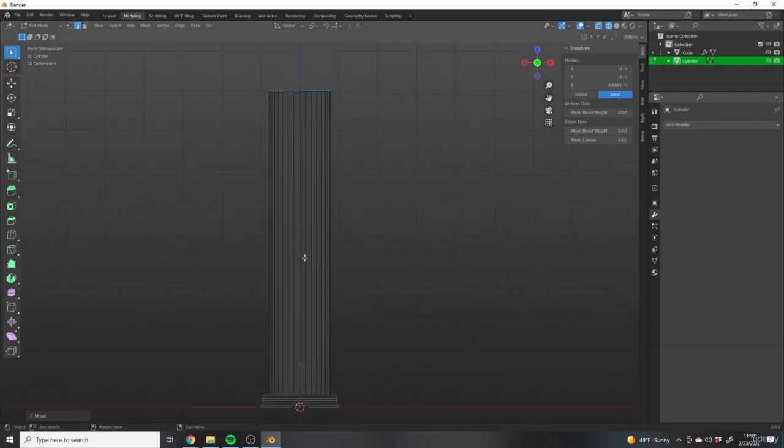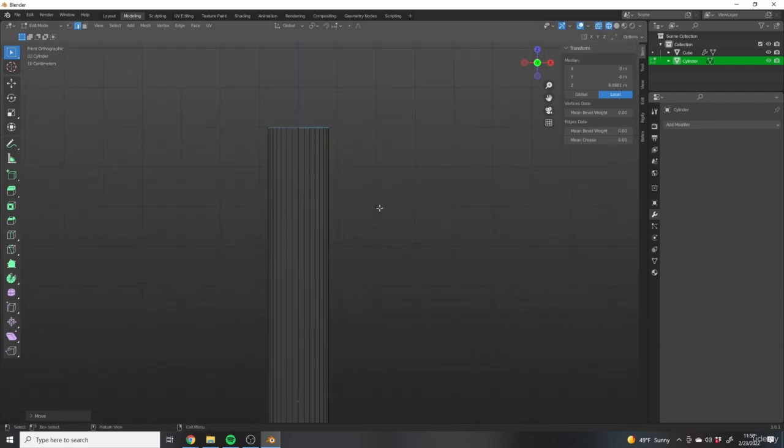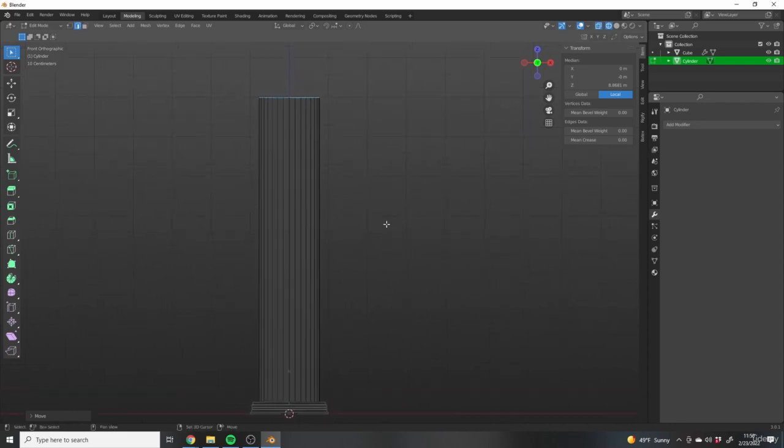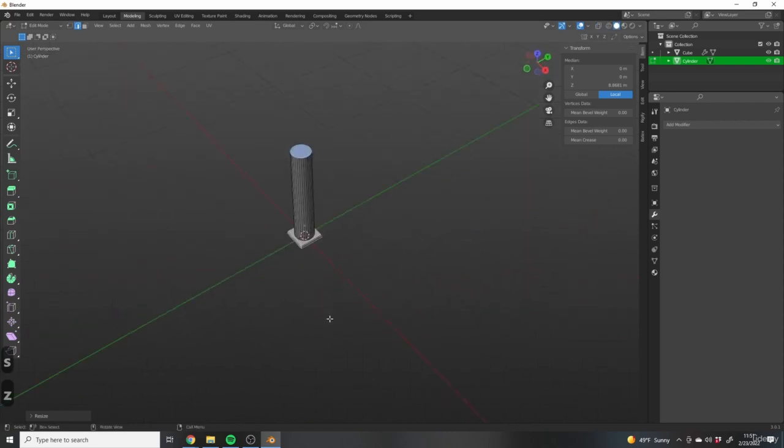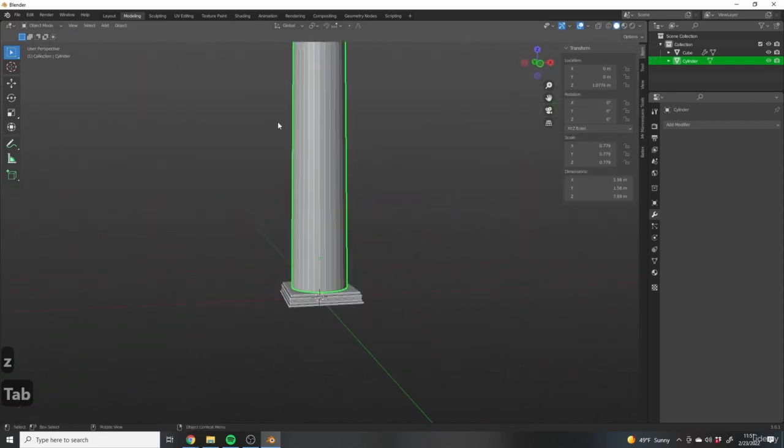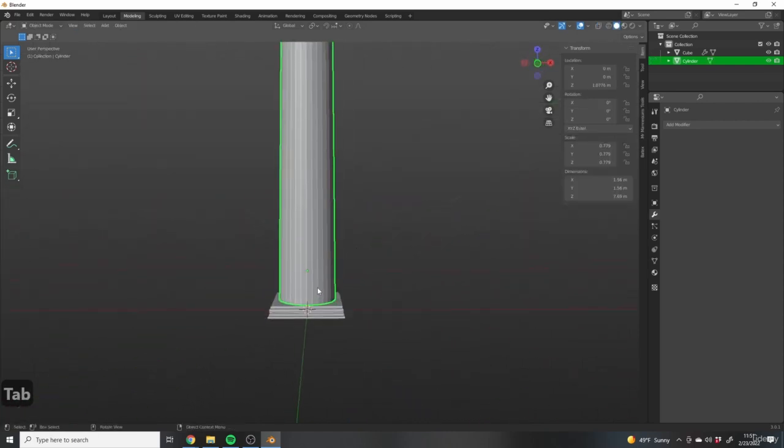And now if you look at images of these columns, a lot of times the top will usually be slightly thinner than the bottom. So let's just scale that in a little bit. All right. It's a pretty good start. I think